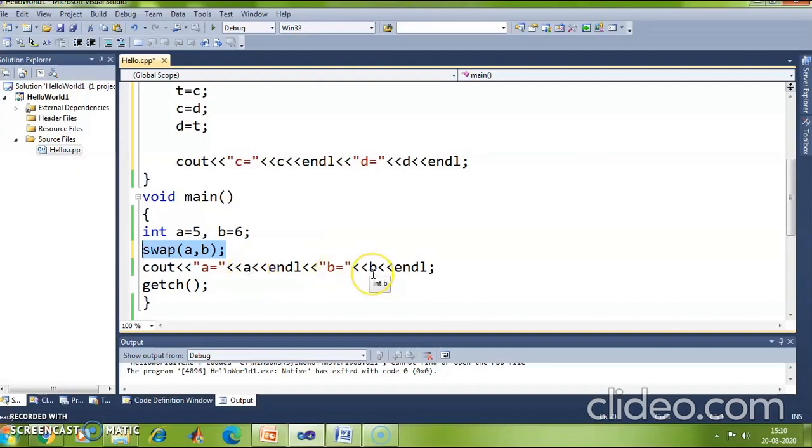What is the value of b? The value of b is equal to d. What's the value of d? 5. So the value of b also changes to 5. So once you execute this swap function and come back to the main program, you see that the actual arguments also change. So this is how call by reference using the reference variable works.